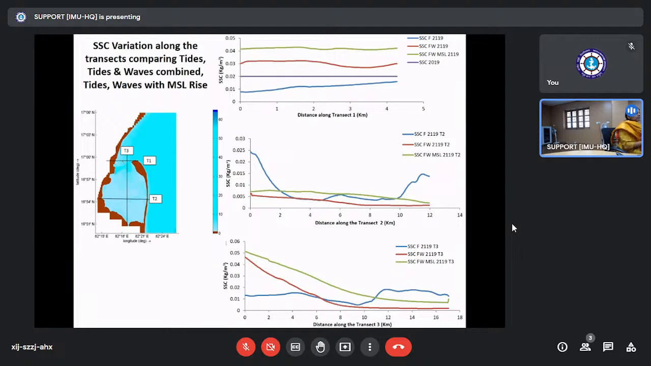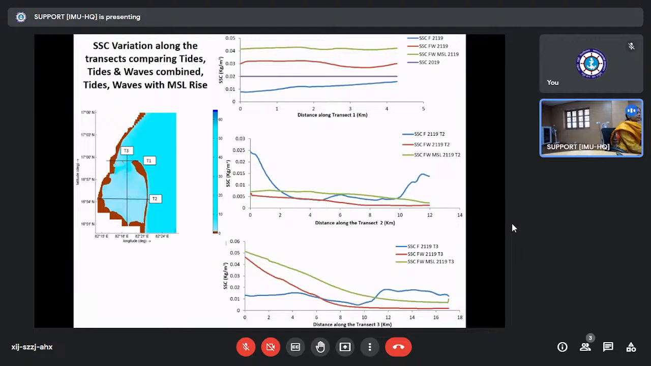There is a steep decrease in the sediment volume. For flow and wave, for the coupled flow and wave model, sediment concentrations are very less inside the bay, which shows deepening, which shows sediments having eroded. And the third is the MSL level. Again, the concentrations are less. And at transect number 3, T3, the transect is cast from